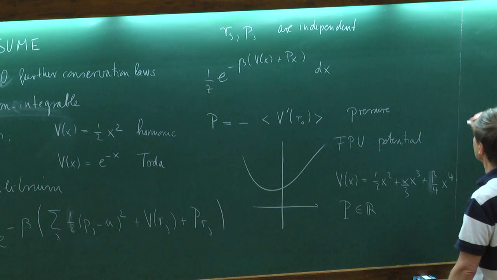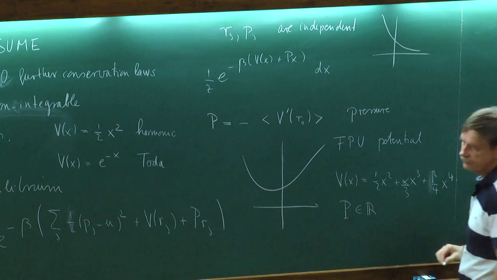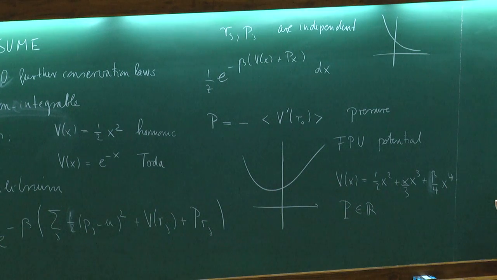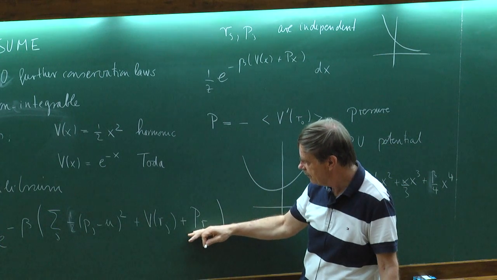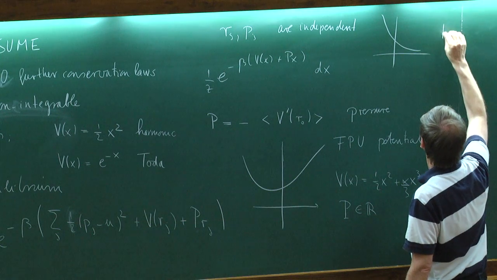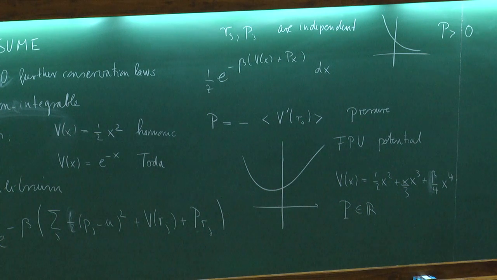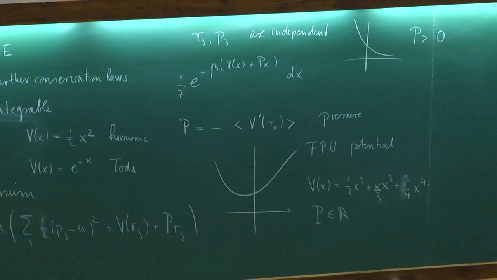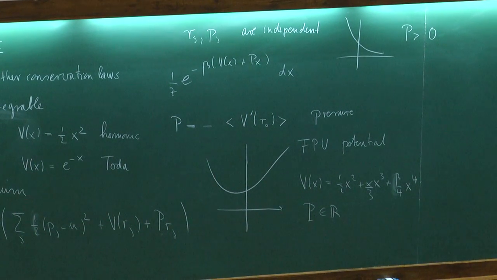But you can also allow, like the Toda chain, a potential which looks like this. But then you cannot use an arbitrary pressure, because you want this to be integrable, so you must add a linear term in order to avoid the divergence. In this case, you have to choose a positive pressure. So that's already more or less generically the type of potentials which you can admit. They should be bounded from below, and they have to go up to infinity, either for minus infinity or plus infinity.